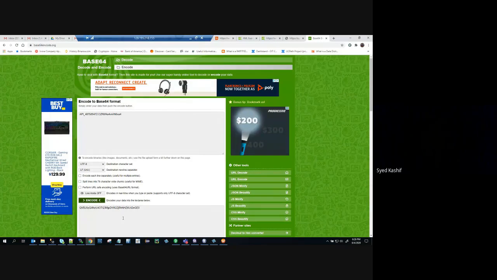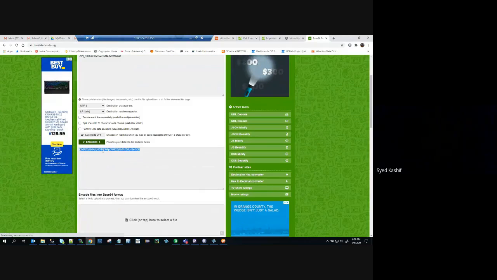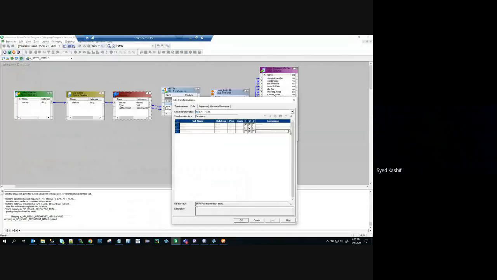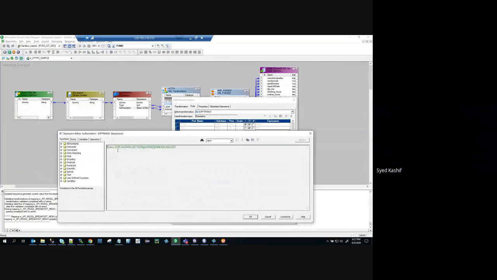Why? Oh yeah, okay. It encoded and it gave me this. Now PowerCenter can take in this one. So if you go here, do you see this X? You have to type in single quote basic. This is the basic authentication. There are different kinds of authentication. This is basic authentication and